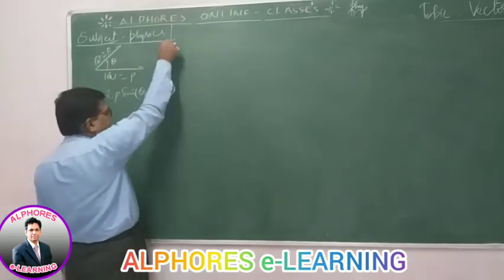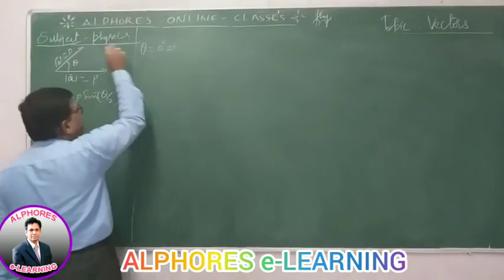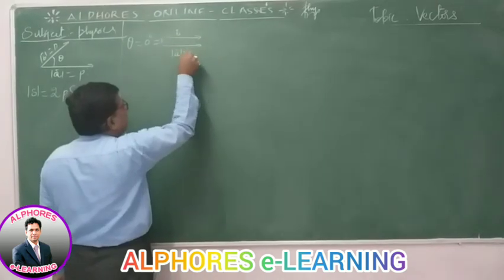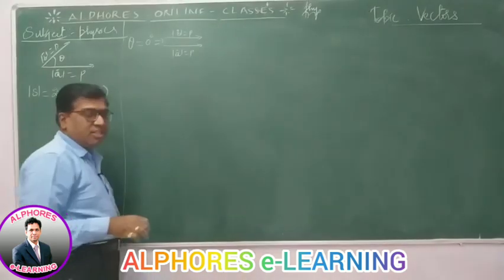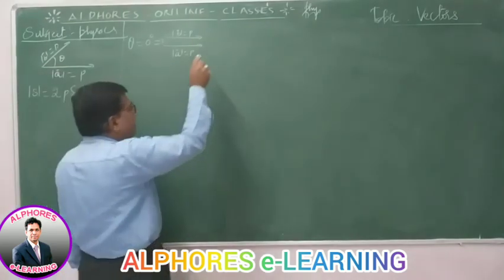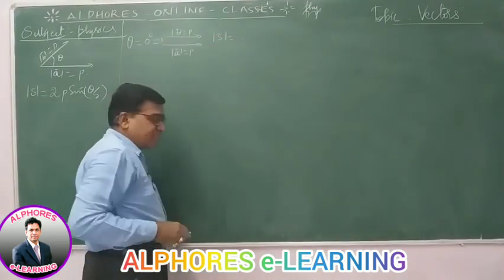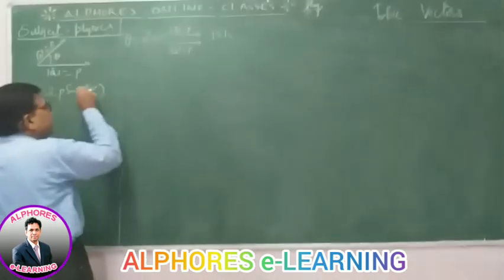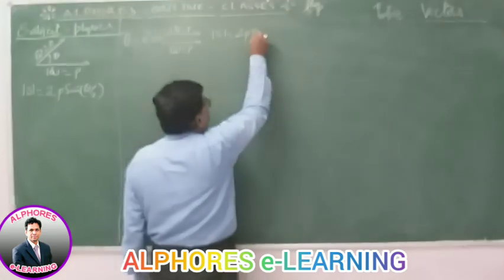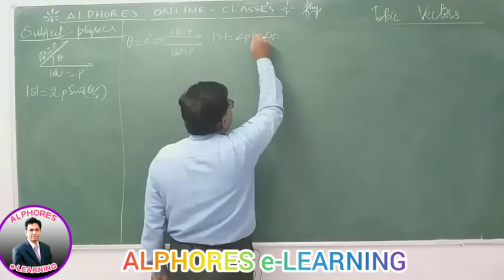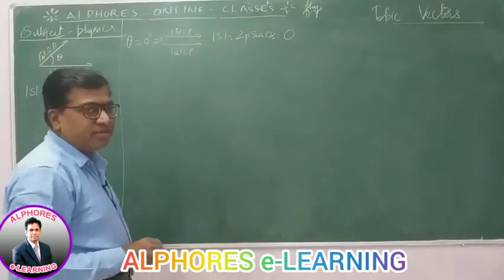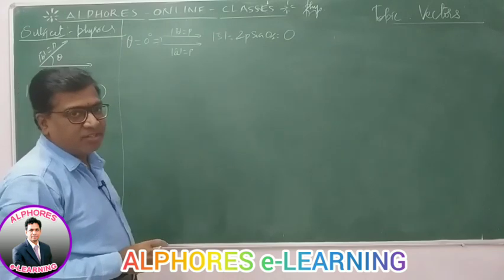Now in this one, if I take up the various cases, if theta is equal to 0, A bar and B bar are in the same direction, same magnitude and same direction, so these both are equal vectors. Then mod S, the subtraction A minus B, with angle 0, substituting in this, it is 2P sin 0 by 2. Well, sin 0 is 0. So when two vectors are of same magnitude in the same direction, the subtraction resultant is 0.